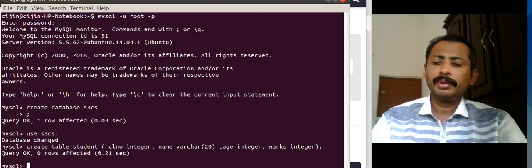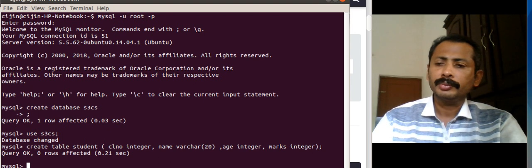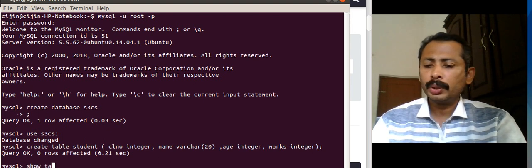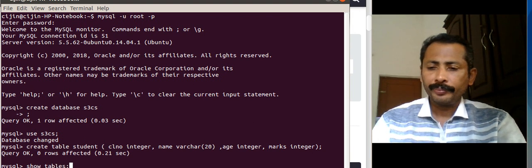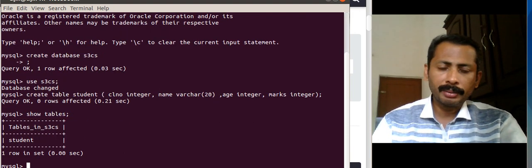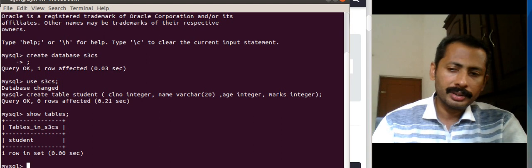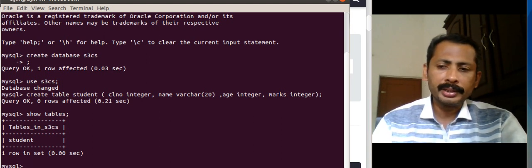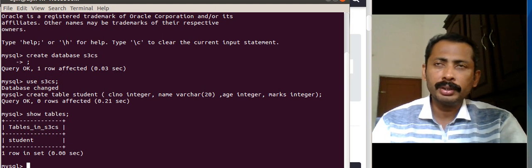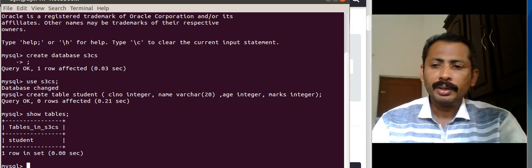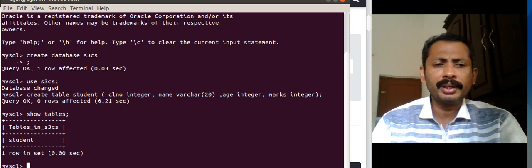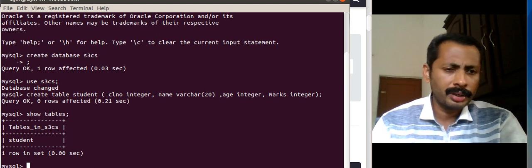Okay, now I can use a command called show tables. Show tables is nothing but showing the tables of the database. So this query shows the output as we have a table called student. Okay, so after creation of the table we can check whether the table is created by using show tables.